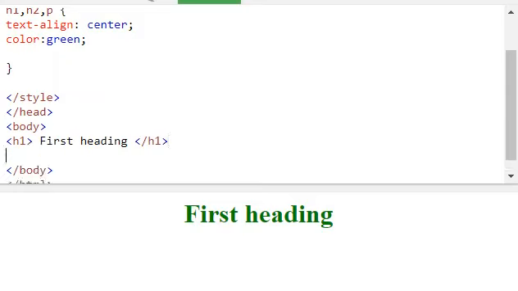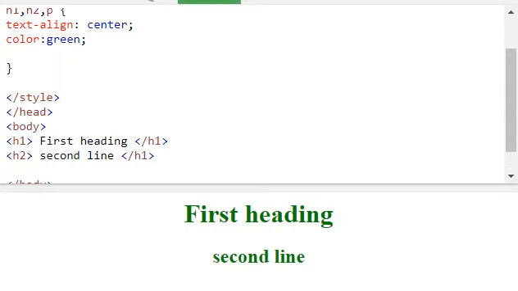So the second heading also applies the same alignments. I can call it second line. Then you close the tag H1. Let me run it again. You can see then the body of the text,